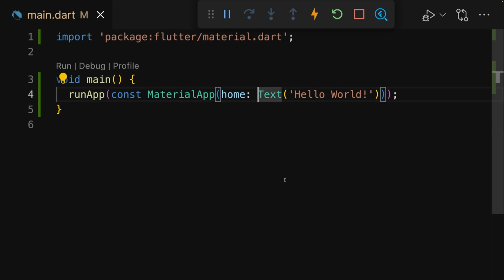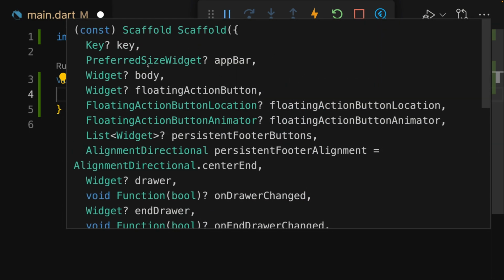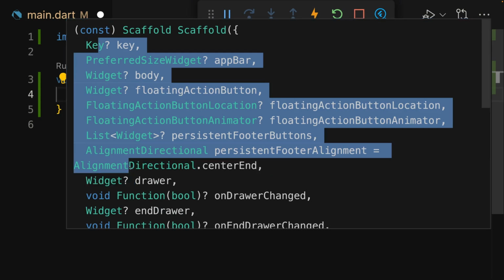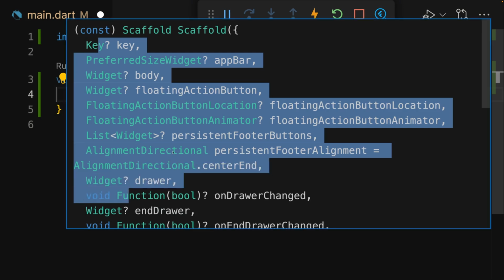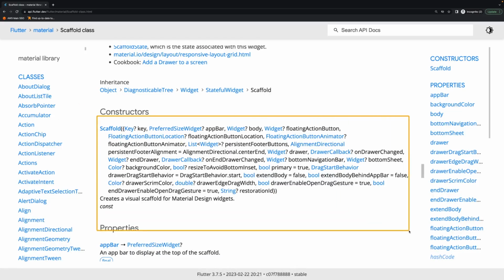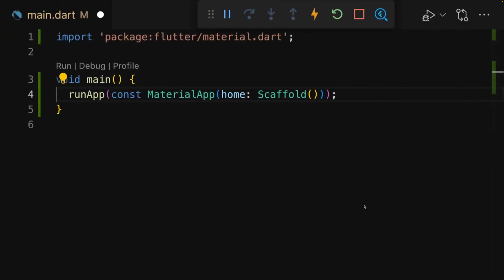Now, to wrap text with scaffold, we can of course type scaffold here and execute this, and then grab this text widget with its text content, and then pass it to scaffold, though scaffold now again wants a named argument. And in case you're wondering how I know which widget wants which kind of arguments, you can hover over a widget to learn about the accepted arguments here in this info window that opens up. You can also learn about supported arguments here in the official documentation, but of course for the moment I will simply tell you which arguments can be passed where, and you will then automatically memorize these things as you gain